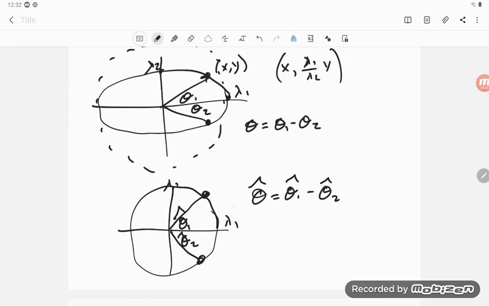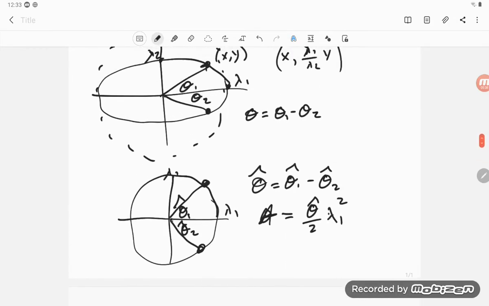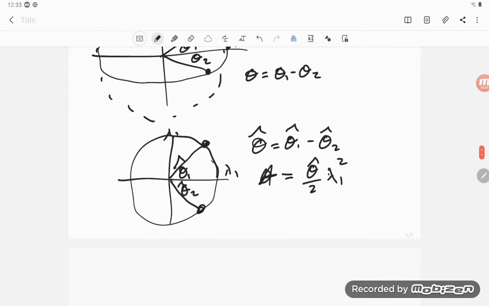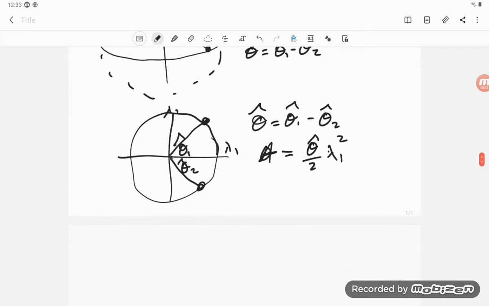And I know it here, so if I take this sector, I already know the answer is A equals theta hat over 2 times r squared, but that's lambda 1 squared. And so now, though, if I